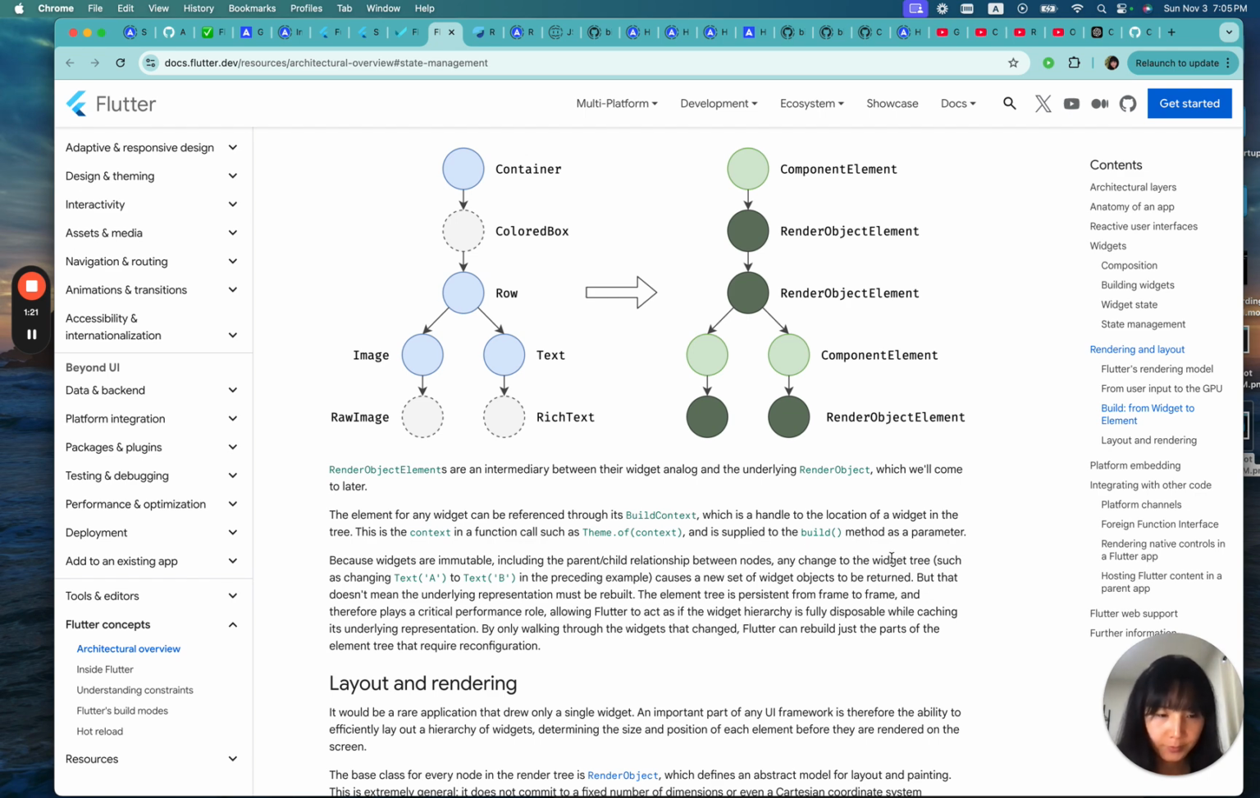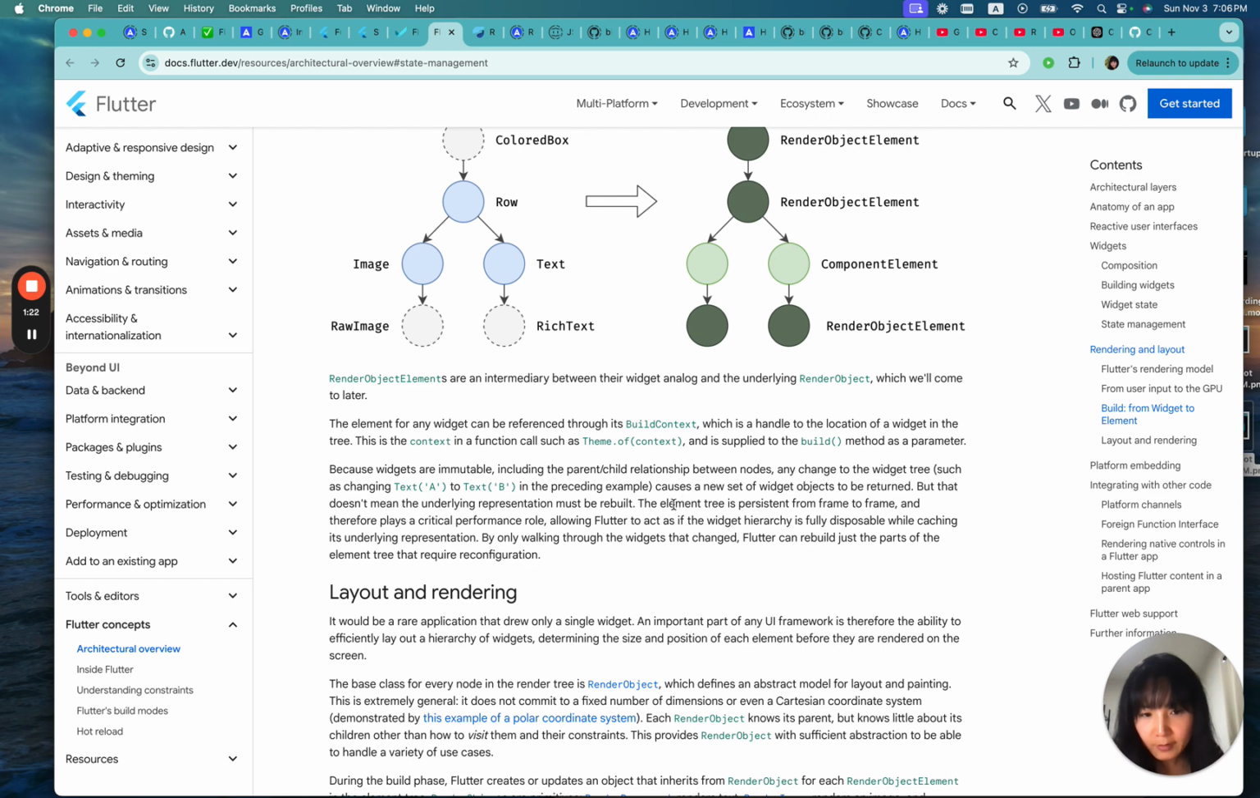Any change to the widget tree, such as a change from text A to text B in the preceding example, causes a new set of widget objects to be created, but that doesn't mean the underlying representation must be rebuilt. The element tree is persistent from frame to frame and therefore